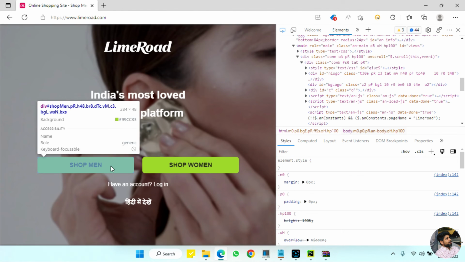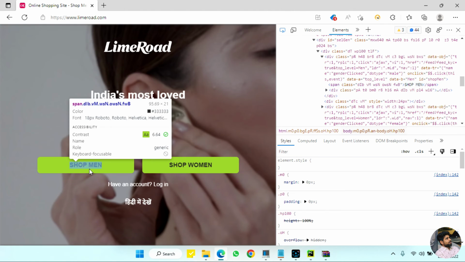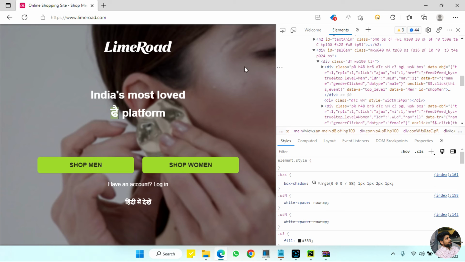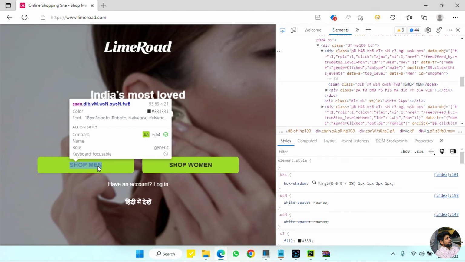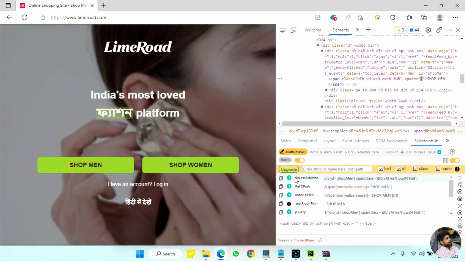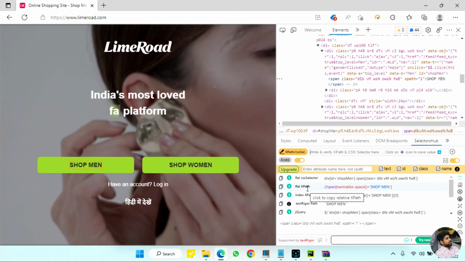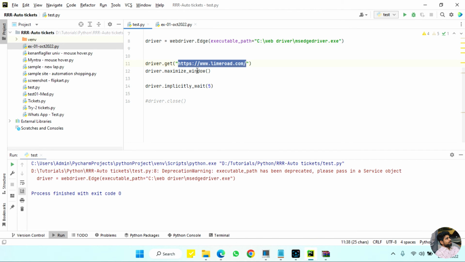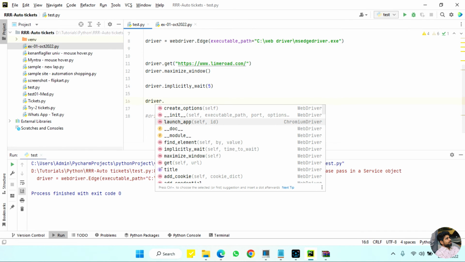So as you see here, now I want to click on Shop Men. So you see this button. Either I can click on the button or I can click on the text, whatever it is, it takes you to the same place. So when I click on this, you can select real CSS selector, XPath, index XPath. For now, we'll copy XPath, and once the driver is maximized, we wait for 5 seconds, and the next command would be